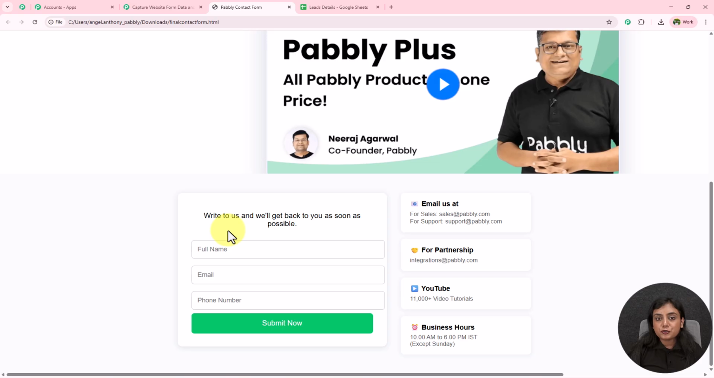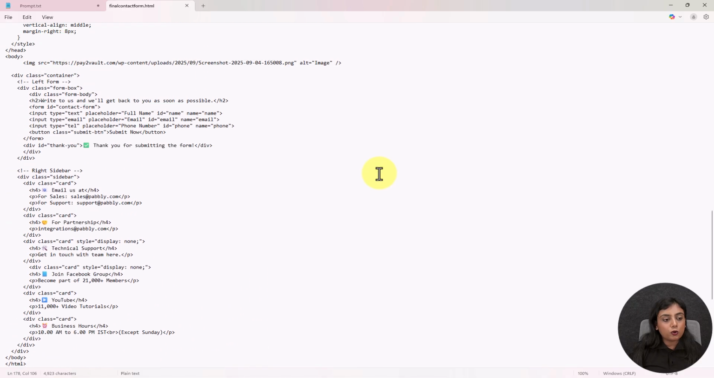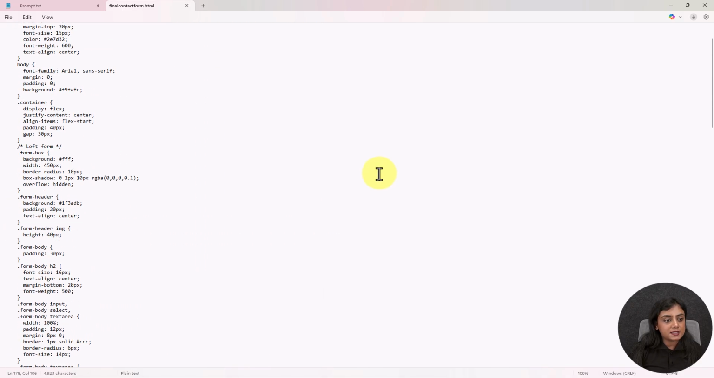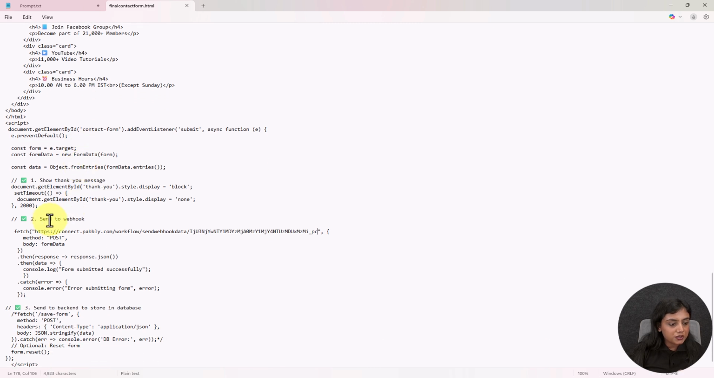So what I'm going to do is I'm going to open the code I have for this website on my notepad, and I will show you where you have to enter this webhook URL. Okay, so I'm going to open my notepad from here. So this is the code for my website that I've created. You can see right over here. Below this form that I have this option that is send to